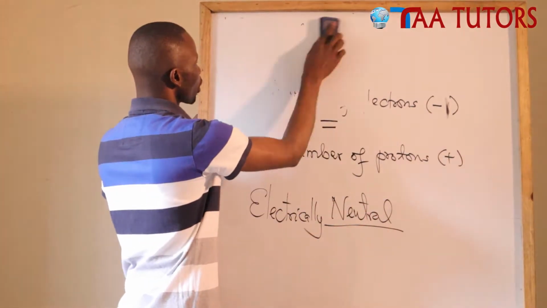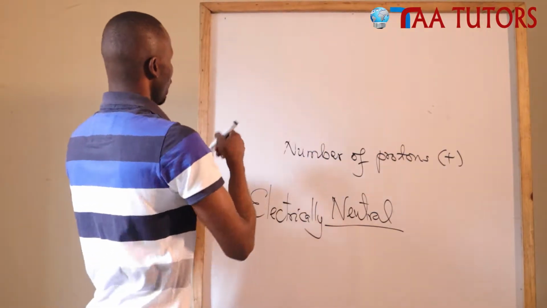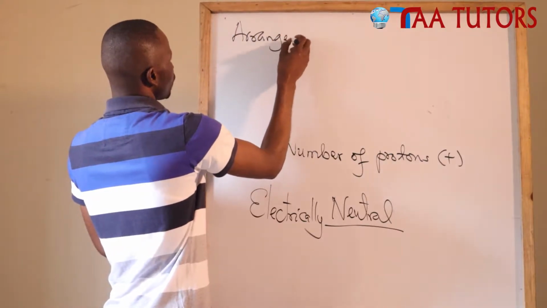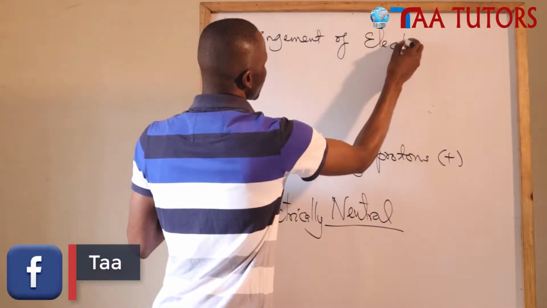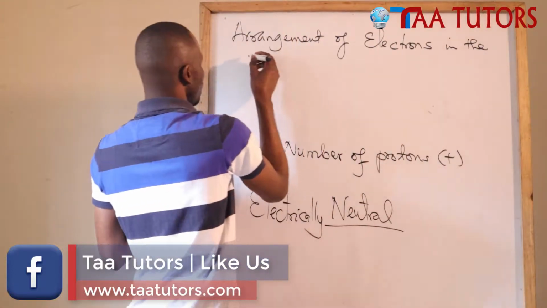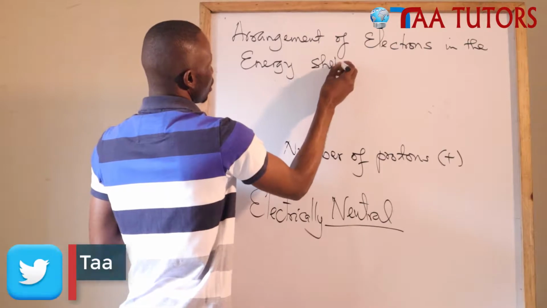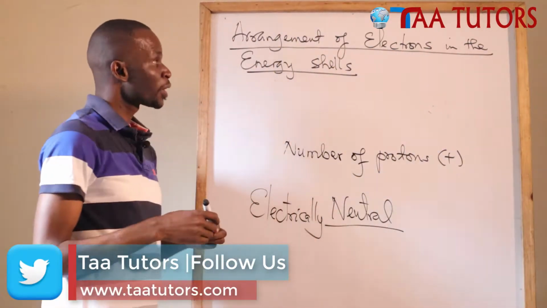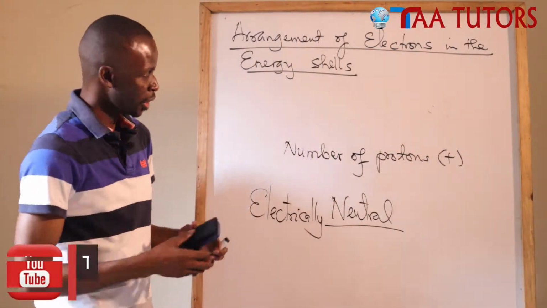So we want to talk about the arrangement of electrons in the energy shells. And learners, this is a very important point, because this is where we actually begin to understand chemistry,